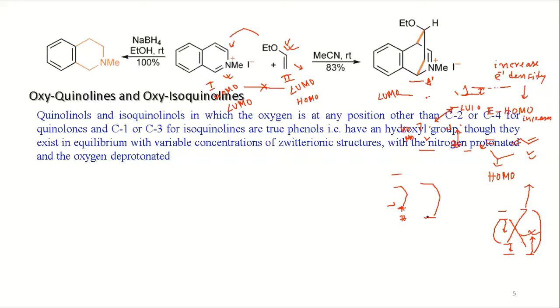Now based on your electron density increasing or decreasing, you have to consider which one will act as HOMO and which one will act as LUMO. How will you consider the HOMO-LUMO gap? If they are coming closer, I mean the gap is decreasing, then you have the efficient reaction. And if HOMO-LUMO gap is